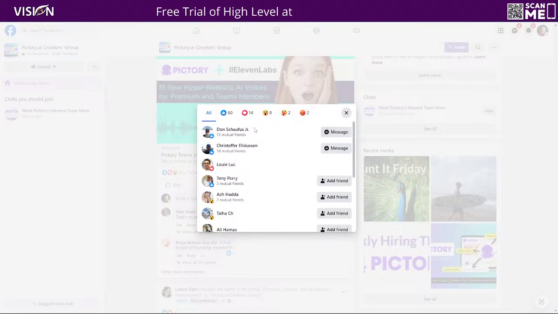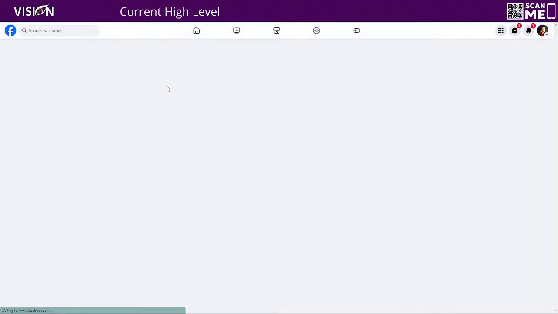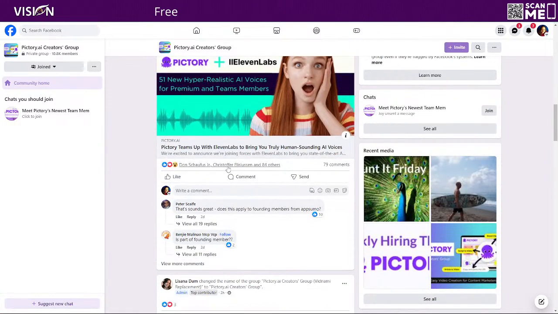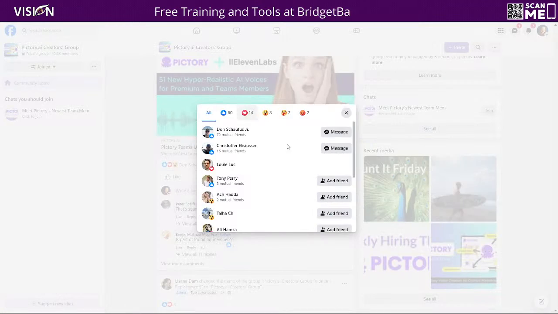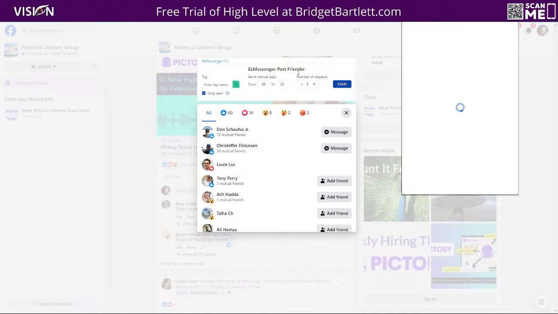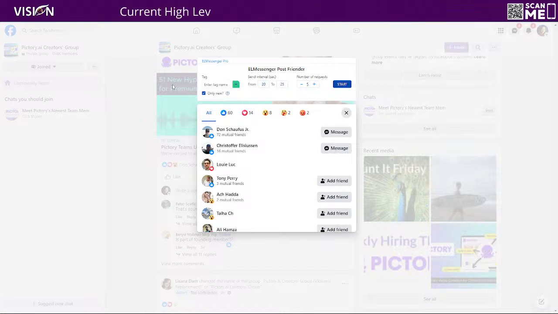If you don't see it right away, this is actually called a lazy load. So Facebook won't always load everything that you want to see the first time. You'll have to refresh so that it shows up there. Okay, we'll just give it a second here. Make sure I'm still logged in. Okay, there we go. All right, so now that we have our ElMessenger,